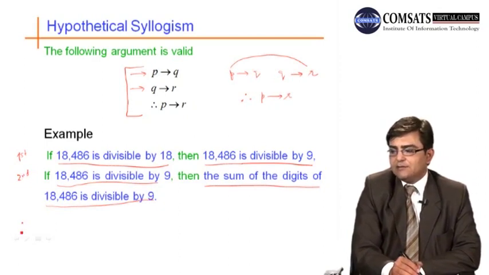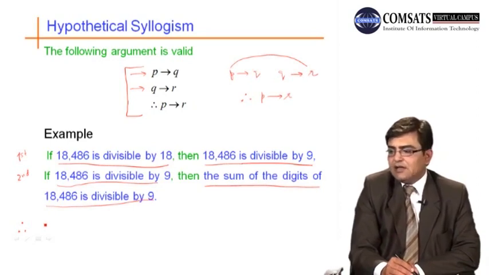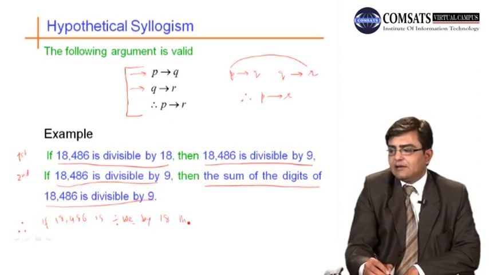What we can conclude by using hypothetical syllogism: if 18,486 is divisible by 18, then the sum of digits